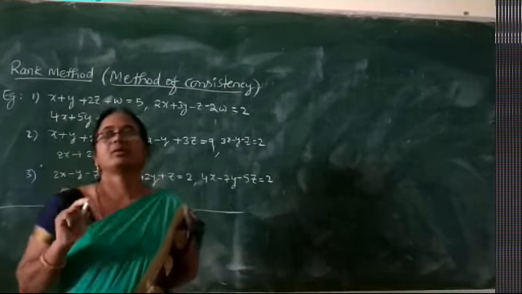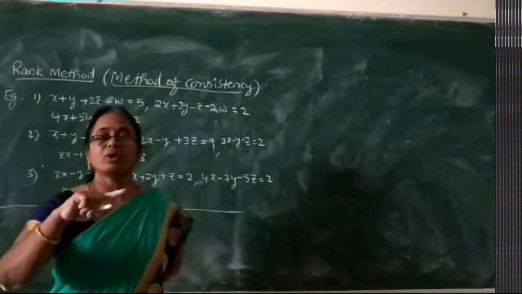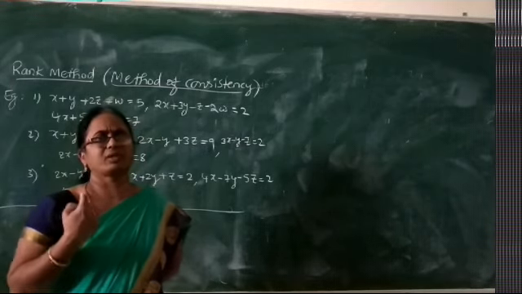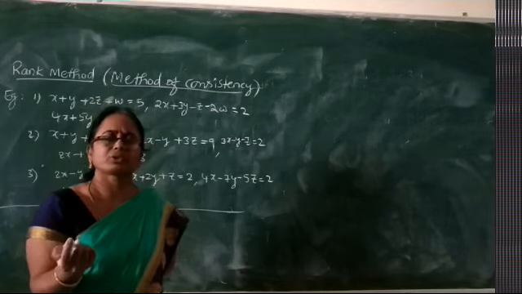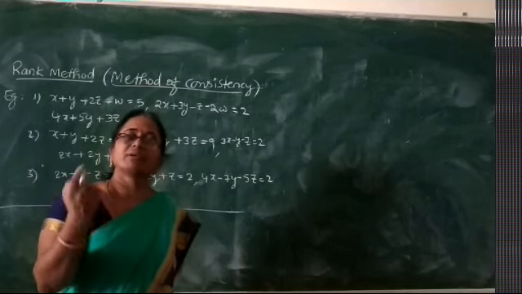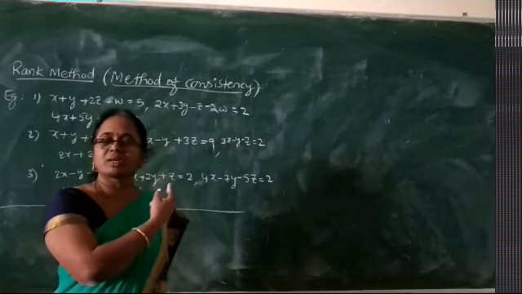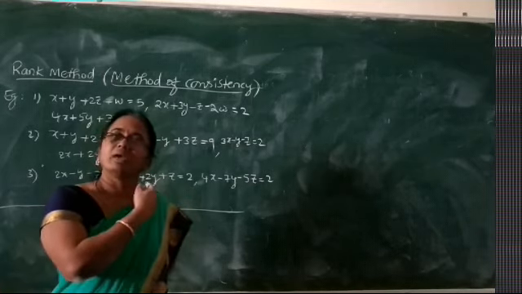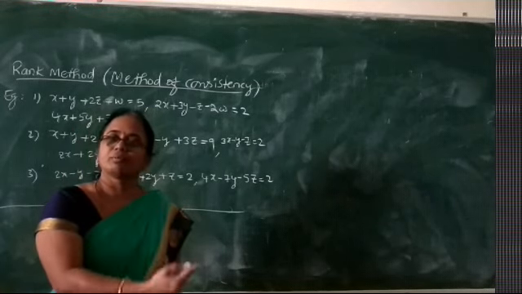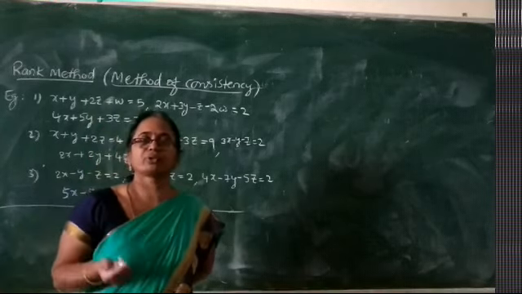Whereas in this method, we can solve both homogeneous and non-homogeneous systems. And the type of solution we can get covers every possible case. We get consistency with a unique solution, consistency with many solutions, or in some problems no solution at all, the inconsistency case. So what is this method applicable for? For solving any type of linear system. And what type of solution does this method give? Both the unique and many solutions.